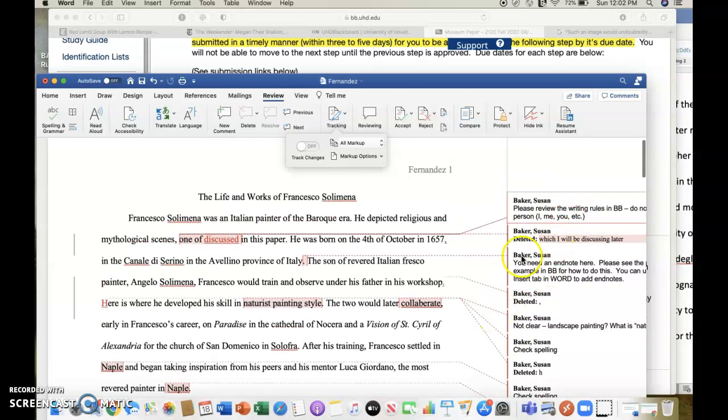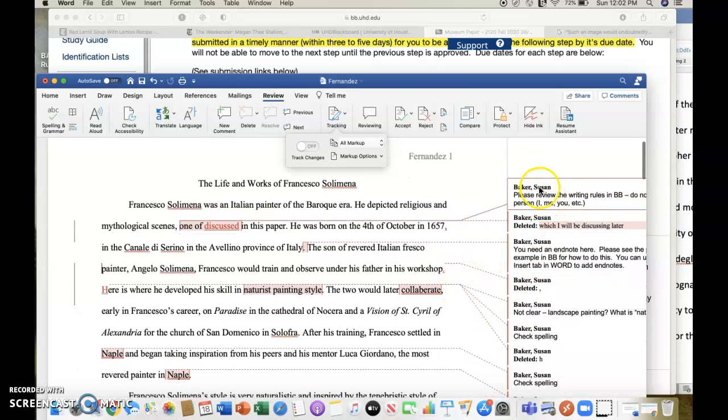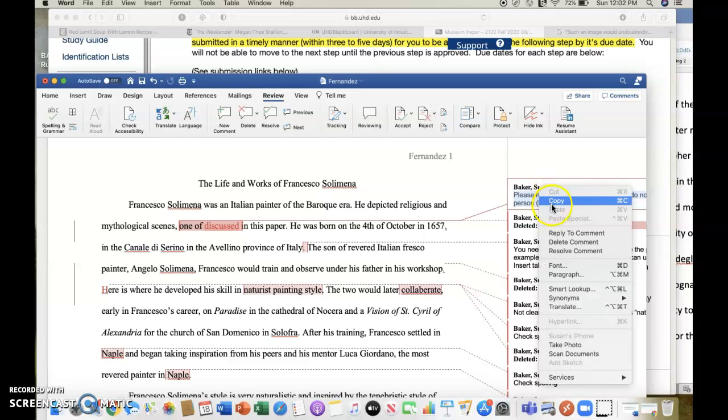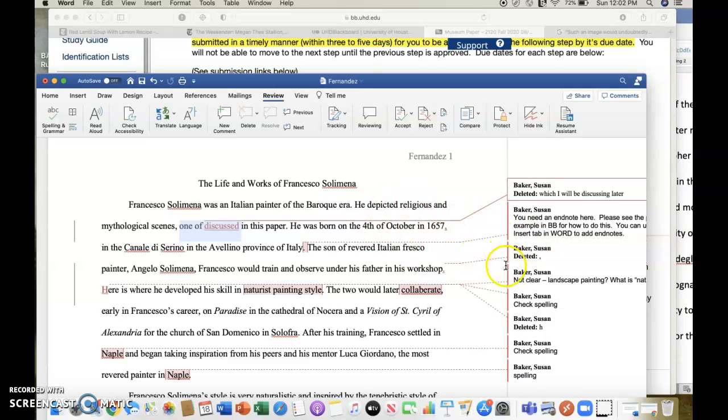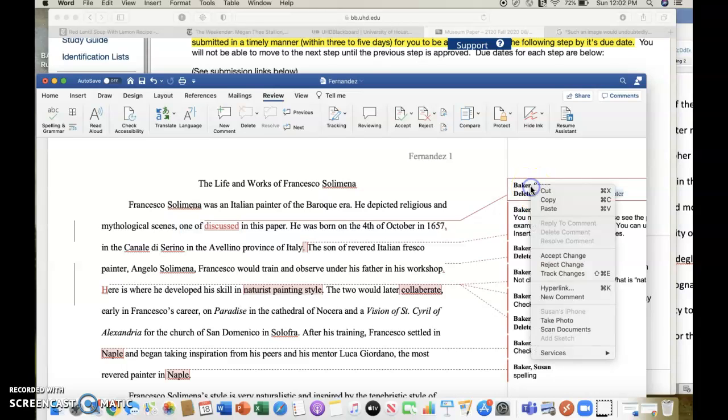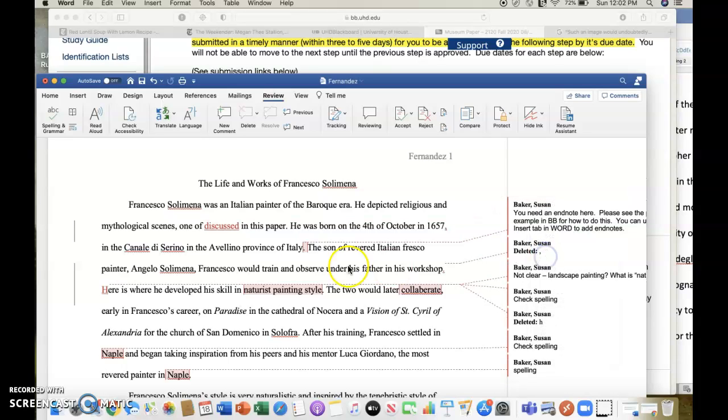As you're going through, you can read the comment, then right click on it, and you'll see it says delete comment. Once you have addressed the comment, you can just delete it and it goes away. And then I made a suggestion here. Again, just right click on it and accept the change, and it'll do it automatically. So you shouldn't have to